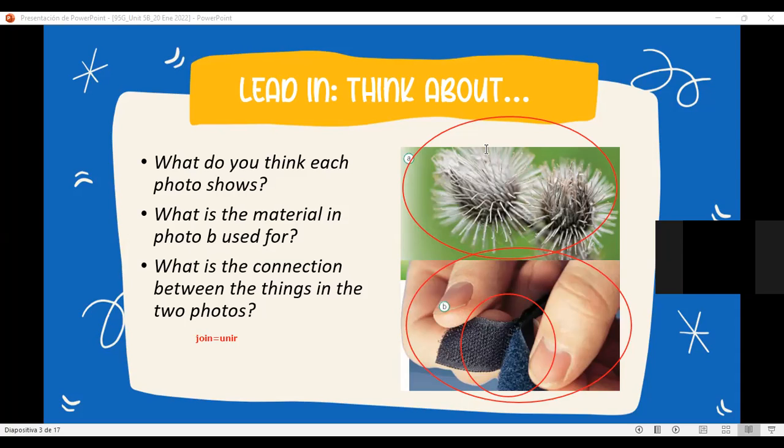Have you gone maybe to the countryside and when you walk through the grass and you look down at your pants, maybe you're going to see that your pants or maybe your shoes are full of these little parts of the flower. We know this flower and these little parts of the flower as amores secos. Así se le conoce a esta flor.